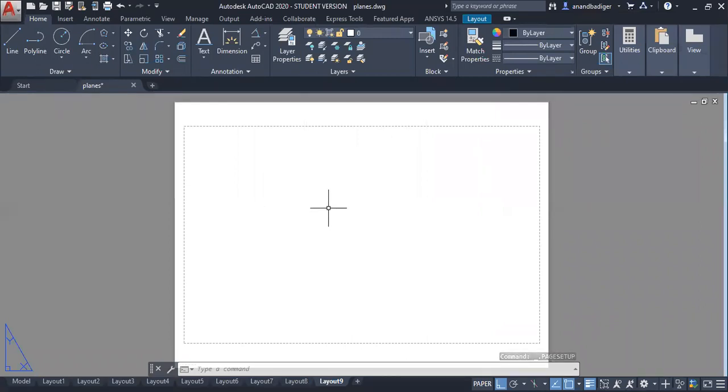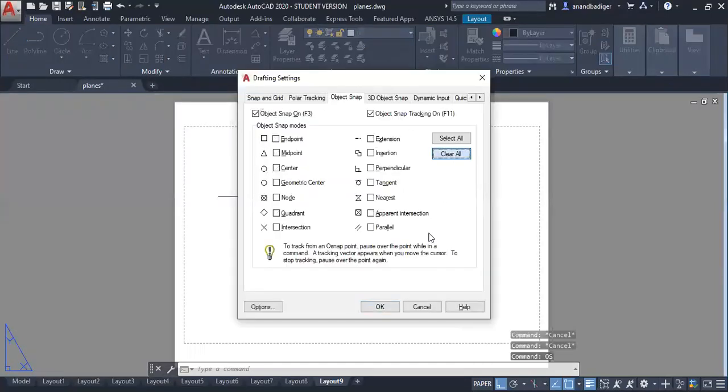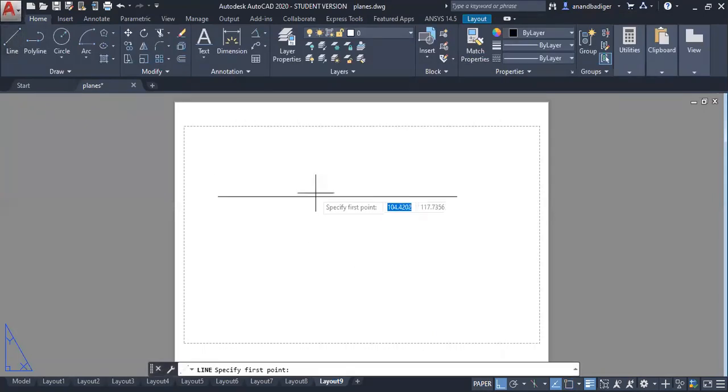Now one more thing I have seen with students is, let us say you have drawn a line and you are trying to draw a line from somewhere like this center. As I'm getting exactly at the center, at a few points it will select only the end points. Even if you try to draw from the center, still the line would be coming from the end point only. That is because of OSNAP settings. I'll show you what happens in your exams. When you try to draw this line, you can see it is not showing me any point or any relation over here.